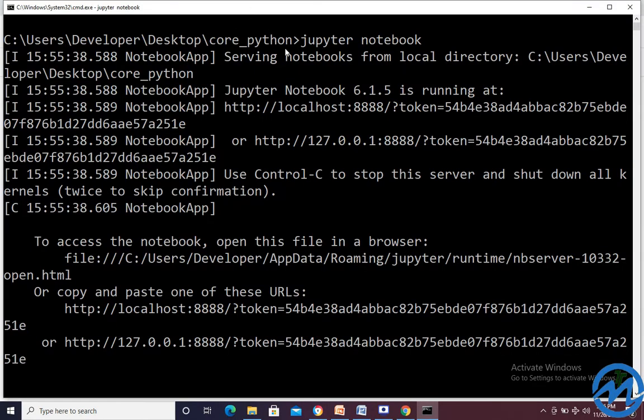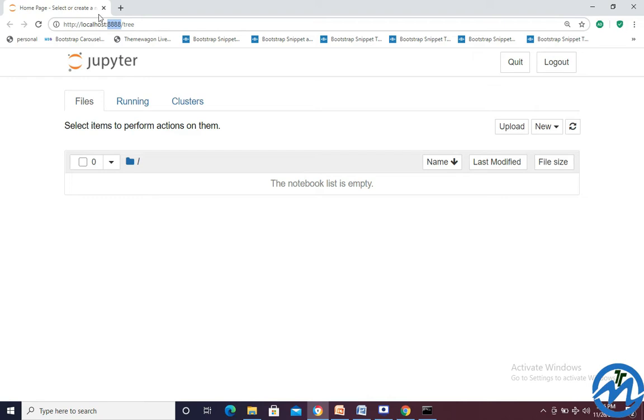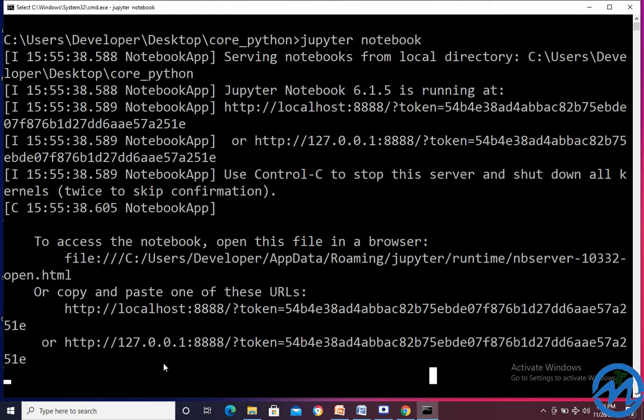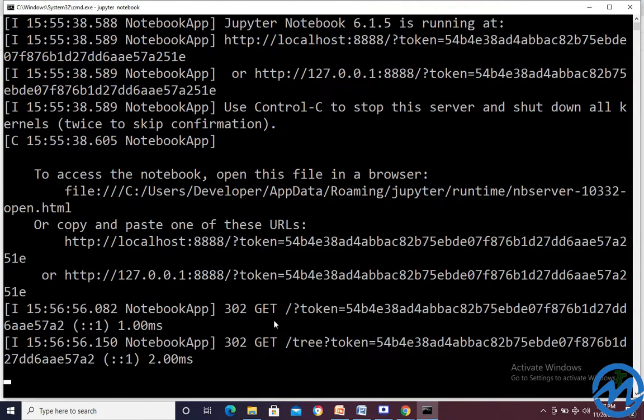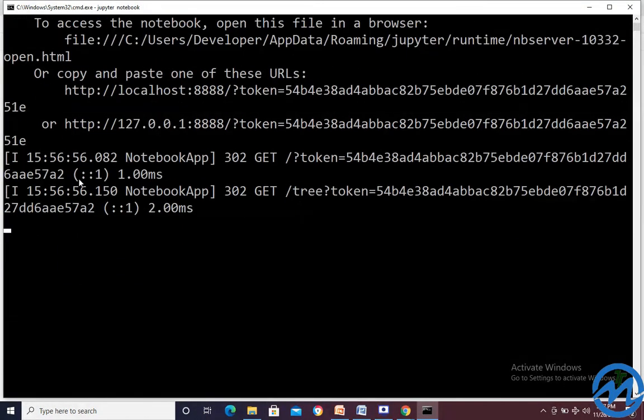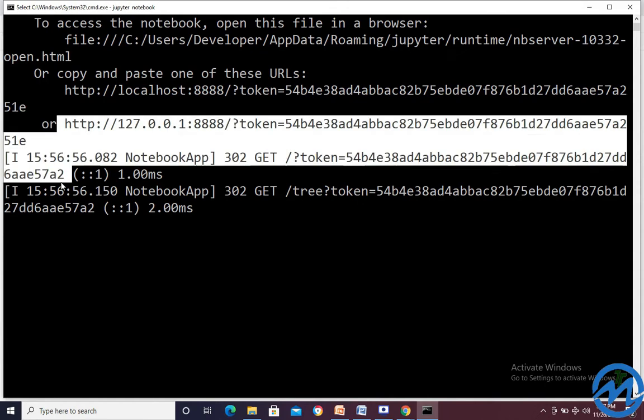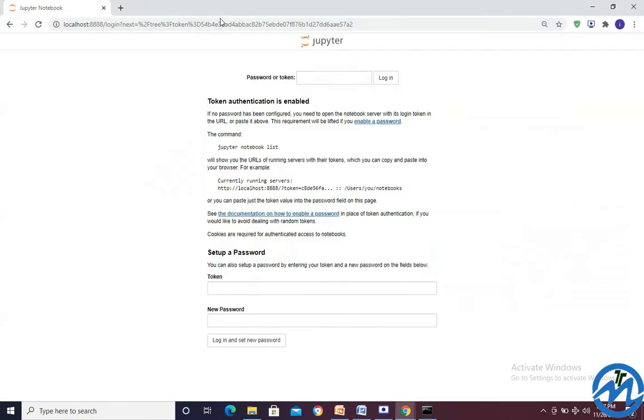Now see here, maybe sometimes you have started Jupyter, and all the things got started, and you got this command and all, but still your browser has not detected this, and the browser has not been opened automatically. Then what are you supposed to do? You just go to any browser. Suppose you go to Google Chrome, open the browser. Directly you can click here, this one, this is Jupyter, enter.